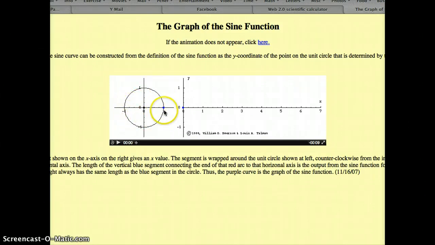And that's why the unit circle is so convenient for us, because we can just measure and figure out what sine of the angle is. So if the animation starts at sine 0, sine 0 is 0 because the opposite right here is just 0. The height of this point is 0. If I go a little bit,